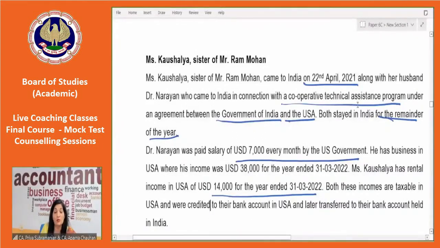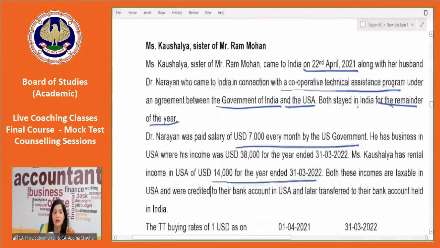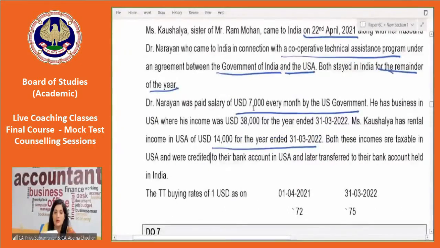It means that their global income would become taxable in India, even though the income arising outside India in USA from the business income or the salary income, everything would become taxable in India. So Narayan also, and in case of Kaushalya also. Is it so? Yeah, but there are exemption provisions in respect of the person who came to India